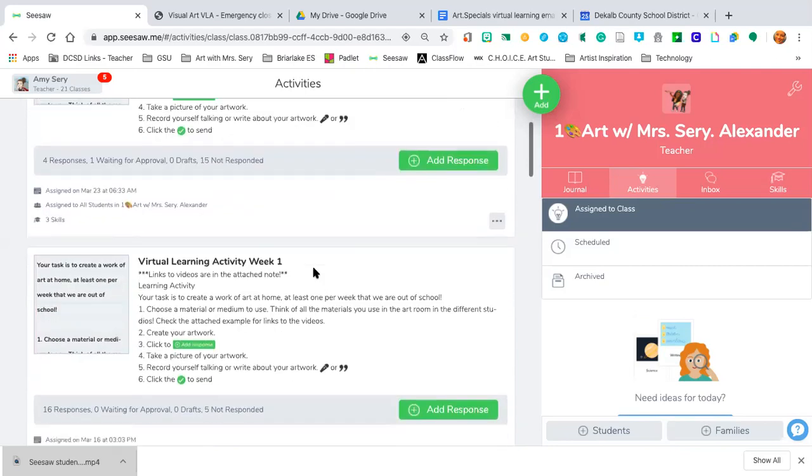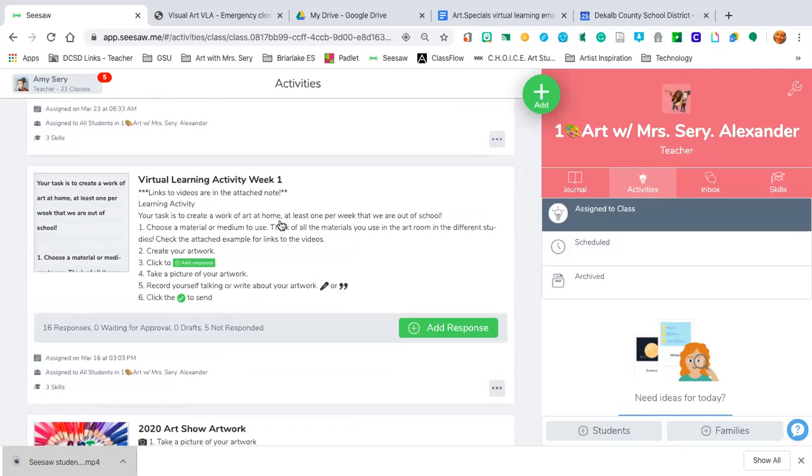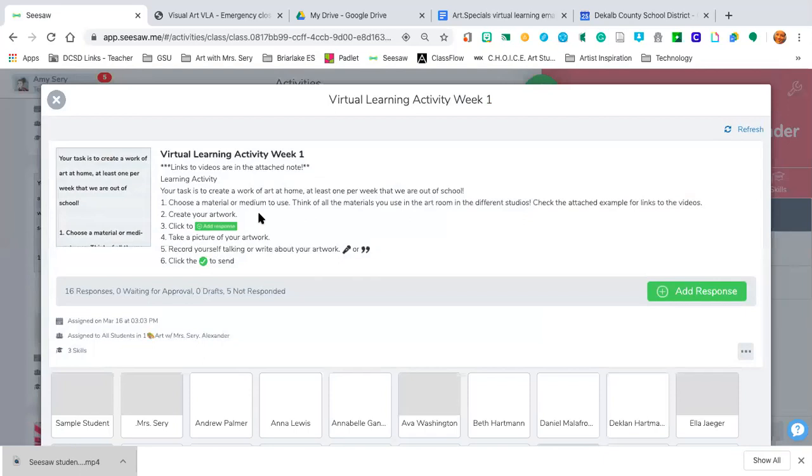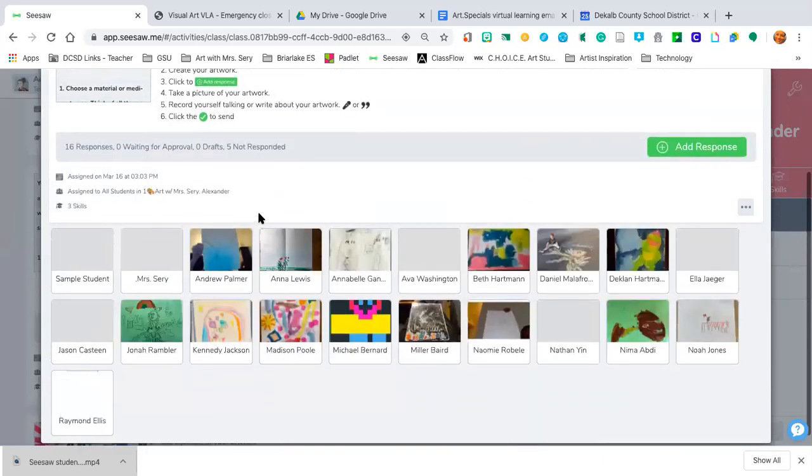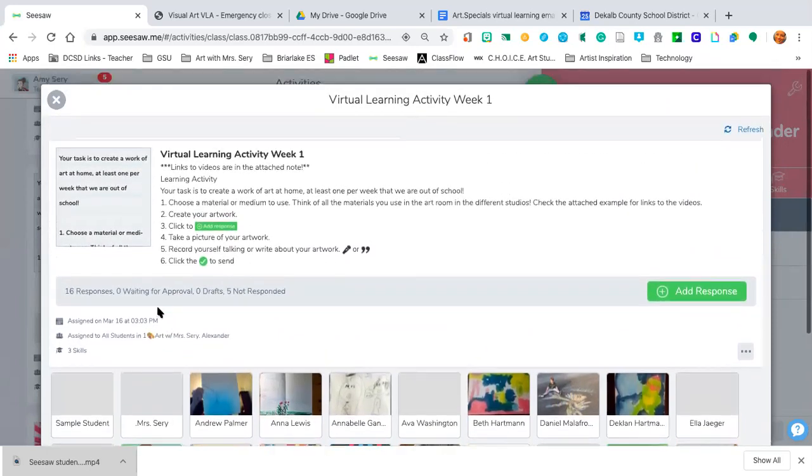So in activities, this is my week 1. When I click on it, I can automatically see who has posted and who has not. Oh, wow. So you could see this is for virtual learning 1. I know exactly who hasn't posted, and if I'm able to, I can send a note specifically to the parent through Seesaw,